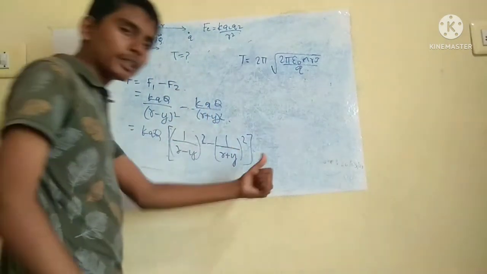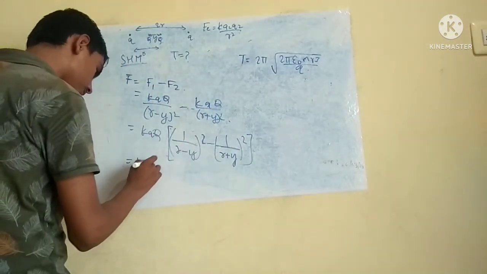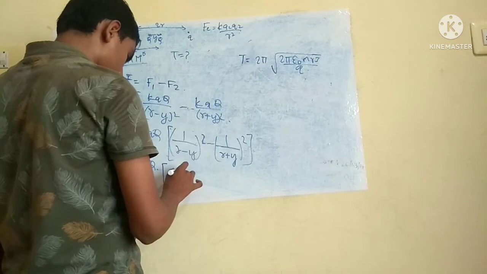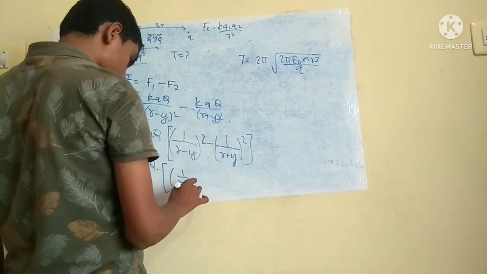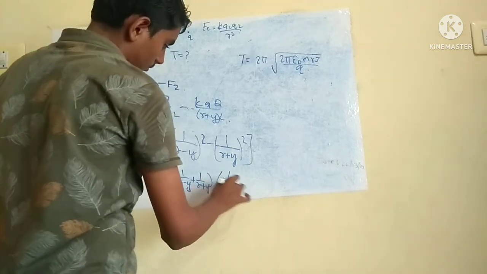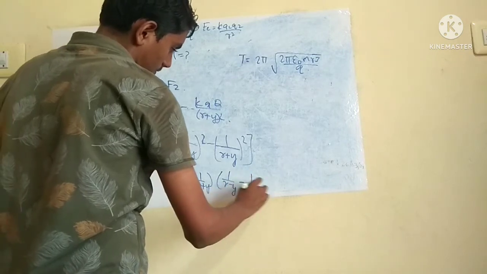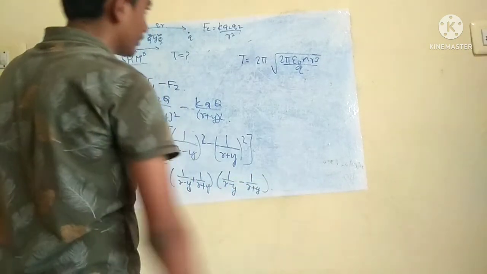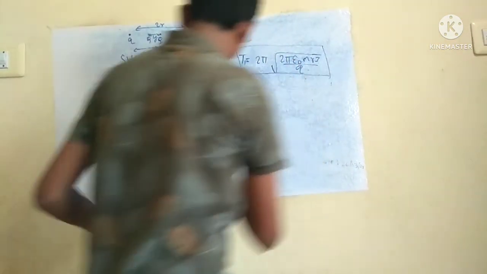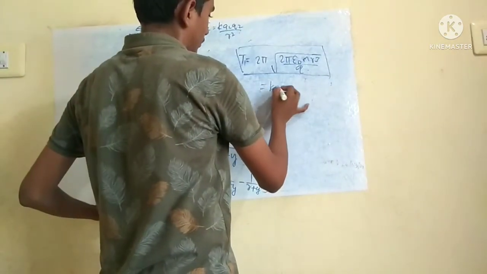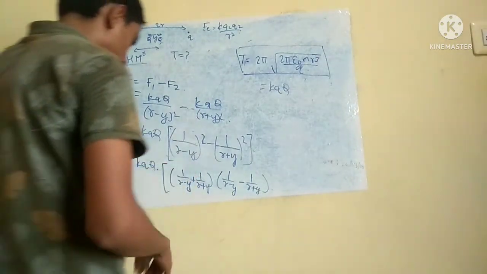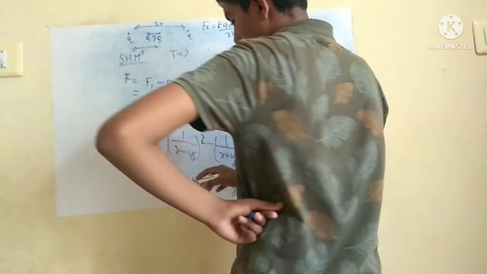Now this is in the form of a square minus b square. Now simplify that. Okay, a plus b, a minus b. Okay, this is the time period in the first case, t1. Okay. Now simplify this. R plus y, r minus y, 2r by